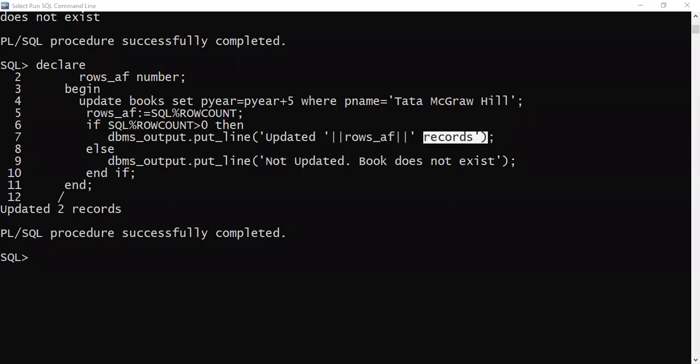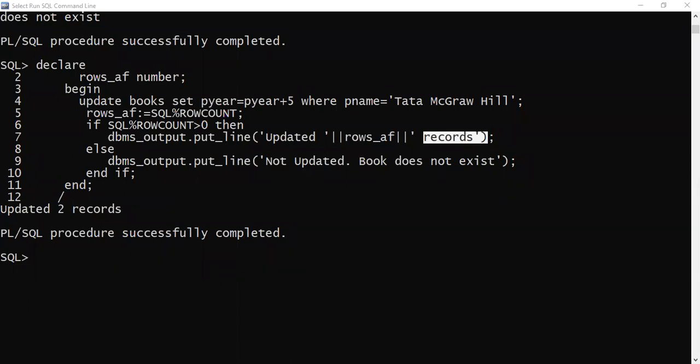Now if I modify this program, suppose I modify it, now see, I have modified this program and I am giving the publication name as VK.